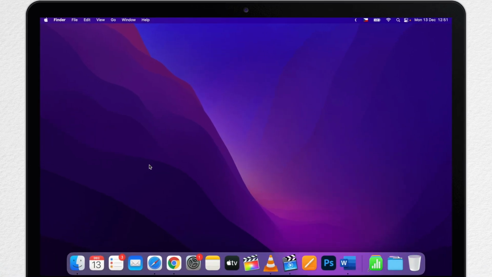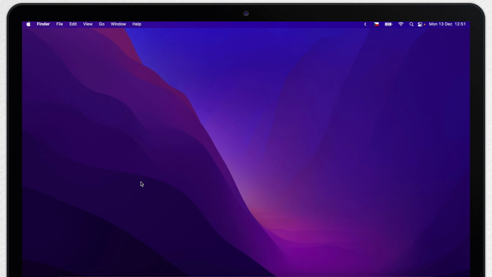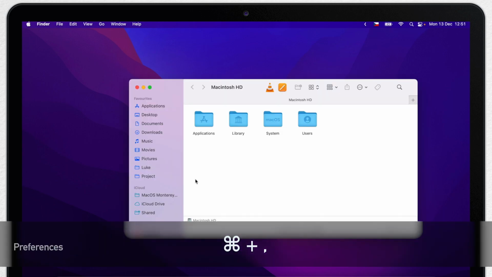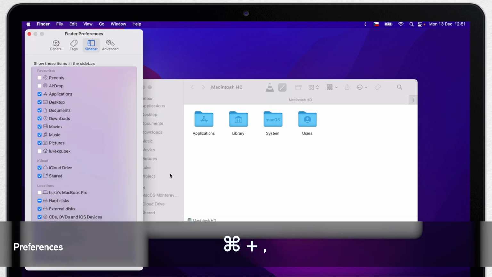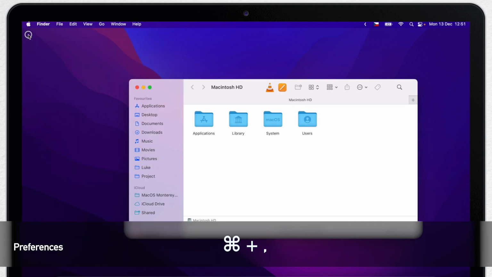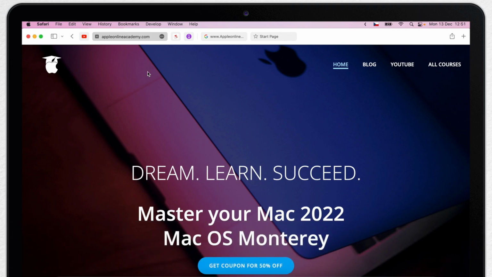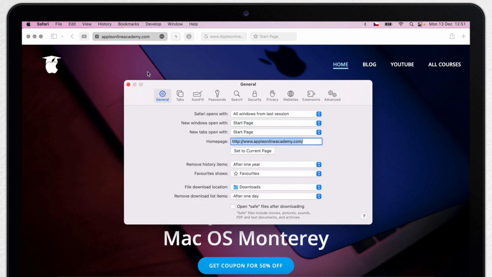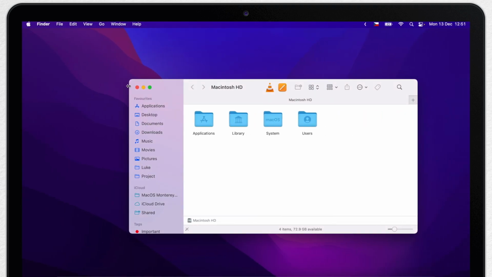If the app you are using was properly designed for the Mac, and most of the apps you use will be, then the combination of Command and Comma is an excellent way to open that app's preferences. Typically you have to click on one of the menus here on top, but using the shortcut is always a lot faster and easier. If you want to get a list of top power user shortcuts all on a single page,